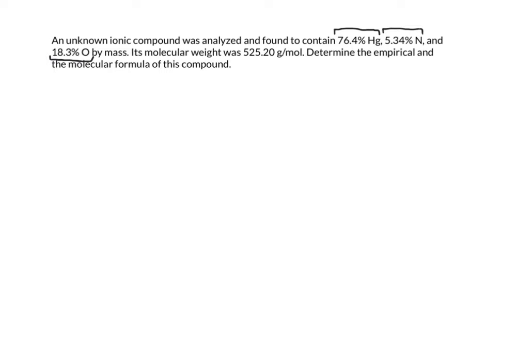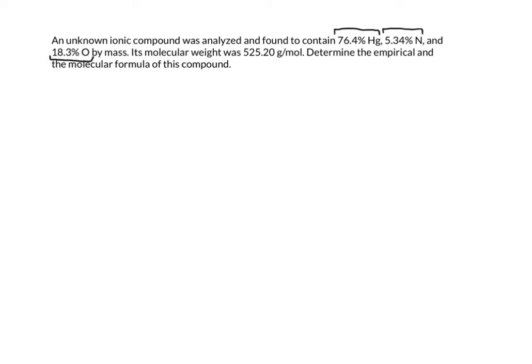To get an empirical formula, we need to have numbers of moles of all of the elements of this chemical compound's makeup. Right now, we know something about the percentages by mass of mercury, of nitrogen, and of oxygen in an ionic compound's formula. These percentages by mass are relative amounts, and as such, if we can assume something about the original compound that we'd analyzed, we can use these percentages in any way we see fit because we can keep a relative measure